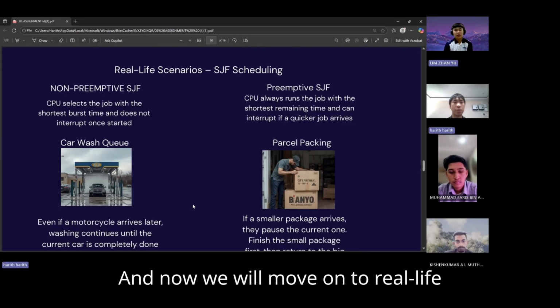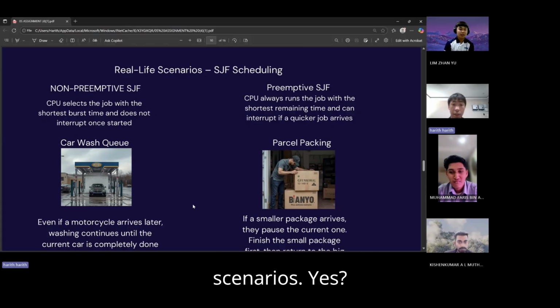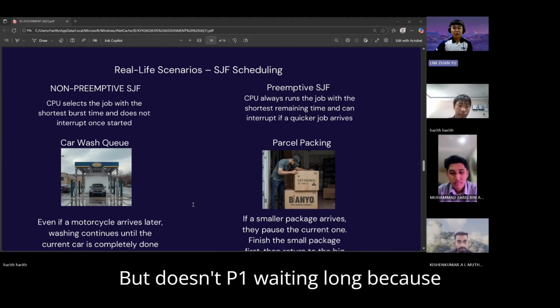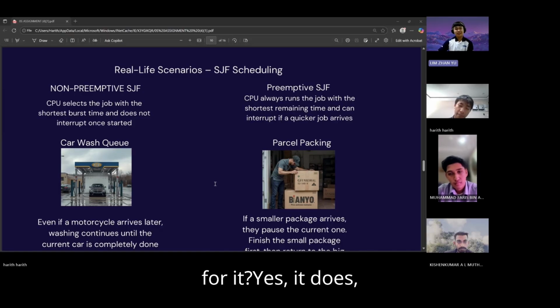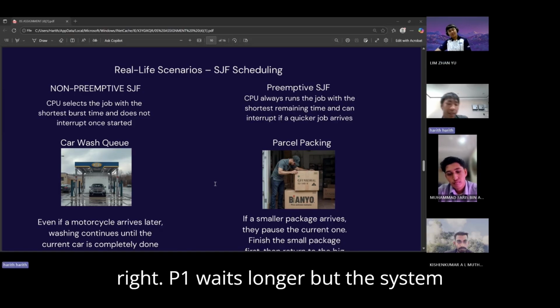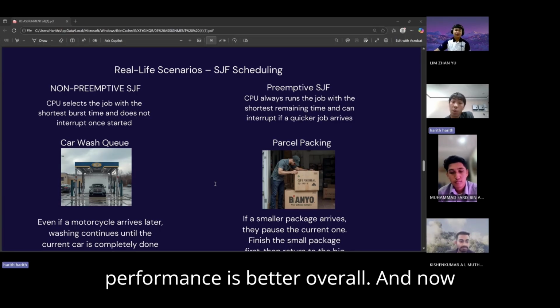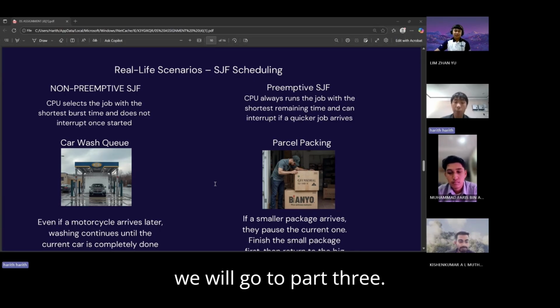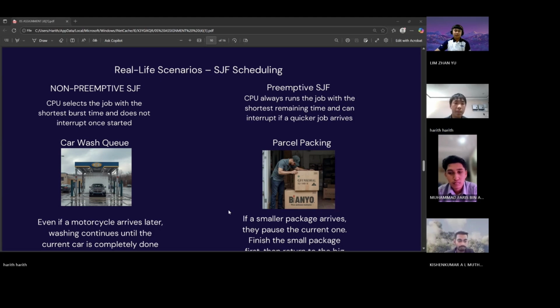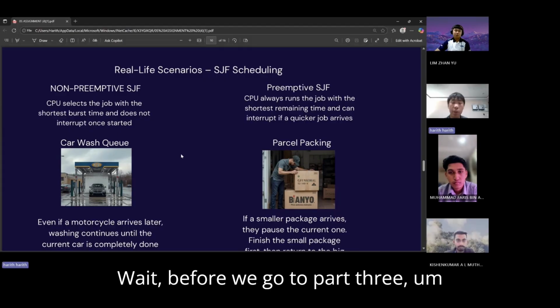And now we will move on to real life scenarios. Yes? But doesn't P1 wait long because of it? Yes, it does. P1 waits longer, but the system performance is better overall. And now we will go to part 3. Wait, before we go to part 3,